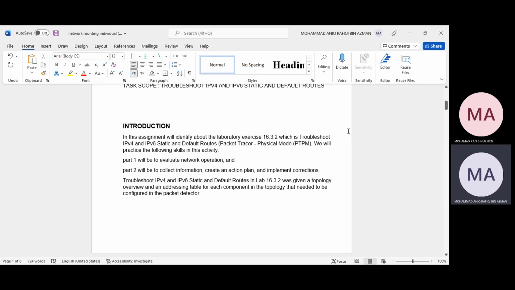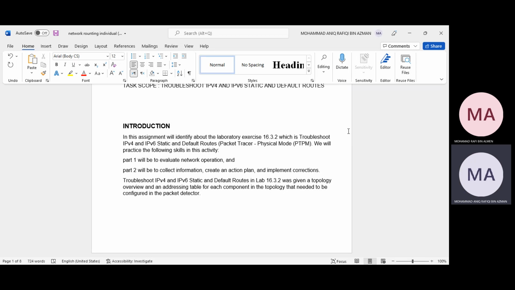For the introduction, in this assignment we will work through laboratory exercise 16.3.2, which is troubleshoot IPv4 and IPv6 static and default routes in Packet Tracer. We will practice the following skills in this activity. Part 1 is to evaluate network operation.